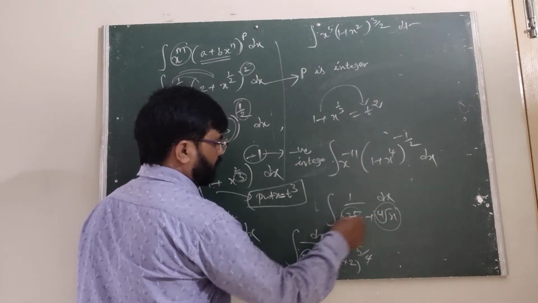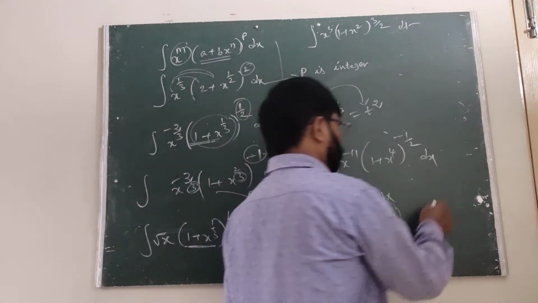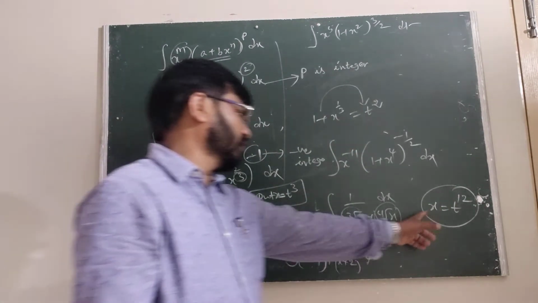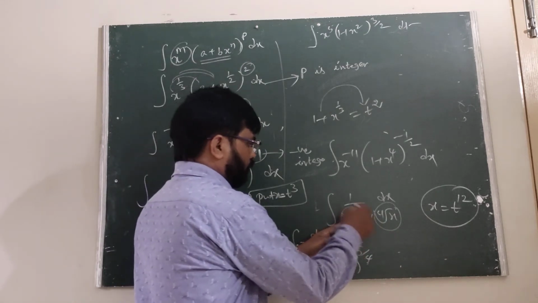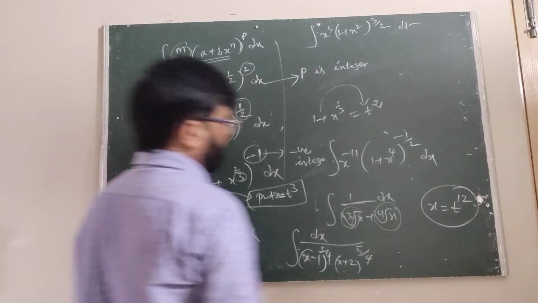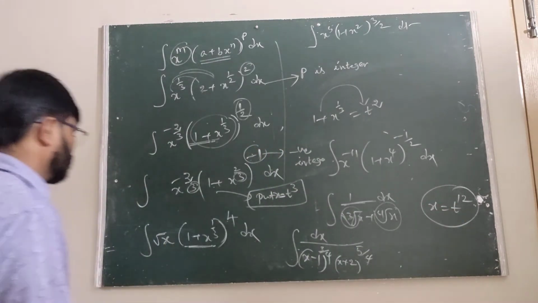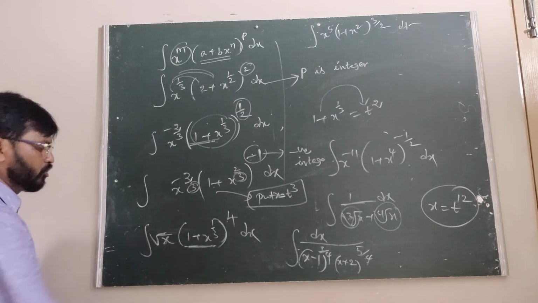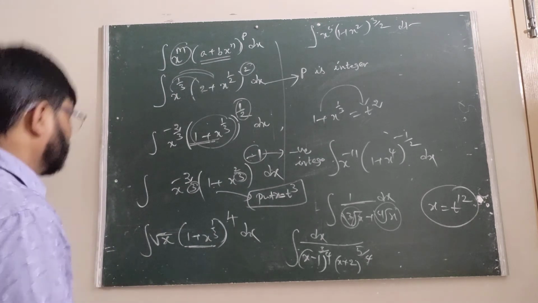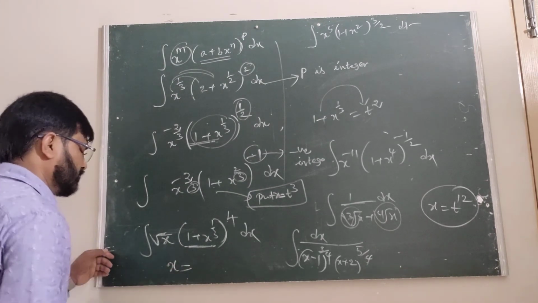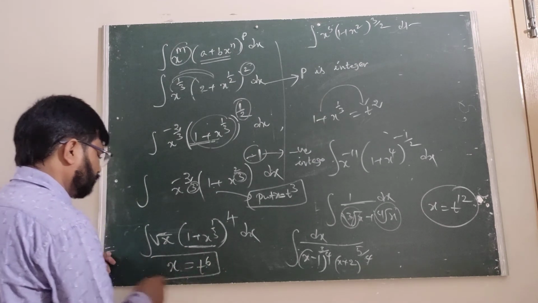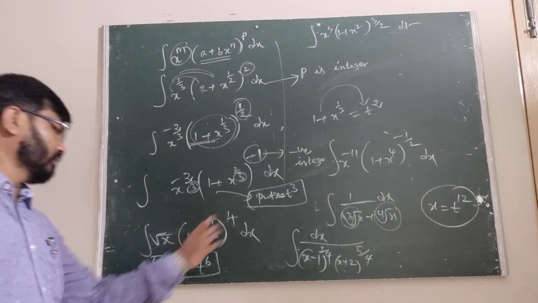We are taking the LCM of 3 and 4, that is 12, x equal to t power 12. We are substituting x equal to t power 12 in this case. The cube root of x, 1 upon cube root of x plus 4th root of x. We are taking, as in the last class, x equal to t square. In this case also here there is root x and the cube root of x, 1 by 2 and 1 by 3. The LCM of 2 and 3 is 6. Therefore, in this case, x we are taking as t power 6. Is it clear? After that we can expand. This is the binomial expansion.